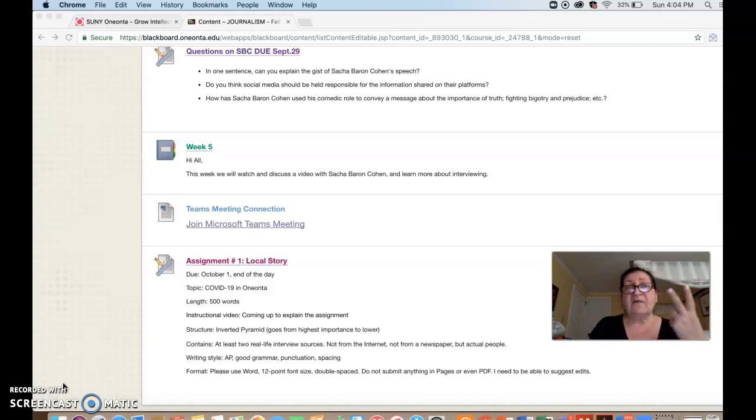2 sources. From your 2 sources, you can pull 2 or 3 quotes. I don't need too many quotes. And right after we finish talking here, I'm going to post a couple of examples that you can model your work against, just looking at their structure. So don't look at their topic, look at the structure and how many quotes they're using and how they space their quotes and how they punctuate those quotes. Sometimes learning is much easier when you look at an example than just knowing the rules.